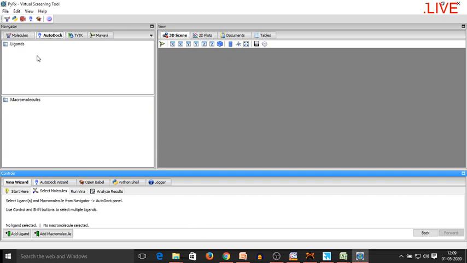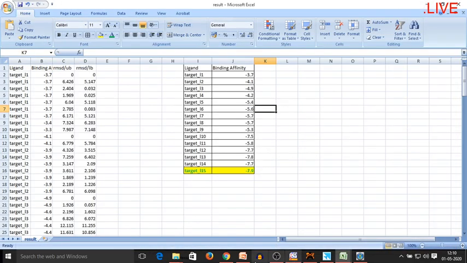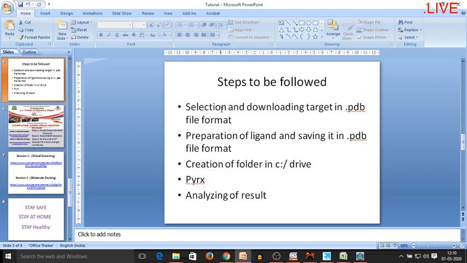So these are very important aspects: how you can download the receptors, and next, if the software lags, how to refresh it, because it is open source software. Sometimes it lags, stops in the middle and abruptly closes. But for that you have to remove all the ligands and the macromolecule, right click, refresh it, carry out the same protocol, and you will get the result adequately.